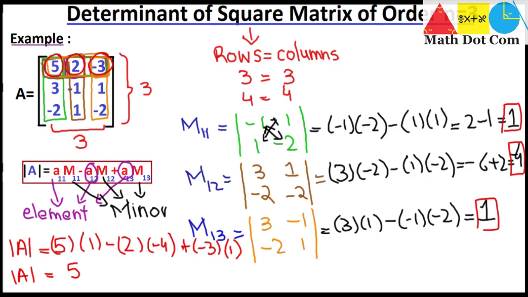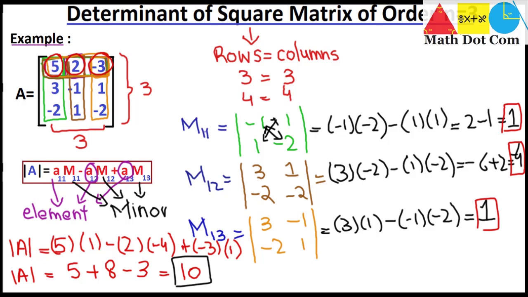It is equal to 5 plus 8 minus 3. It is equal to 10. So we have got the determinant of the matrix, that is equal to 10. So this is the method how we can find the determinant of a square matrix of order 3, having 3 rows and columns, by using the formula including the minor of an element. The minor can be found by just deleting the row and column of that element in which it lies, and then considering the rest of the elements and finding the determinant. So just put these values in the formula and we will get it.